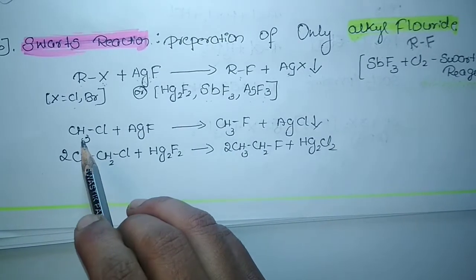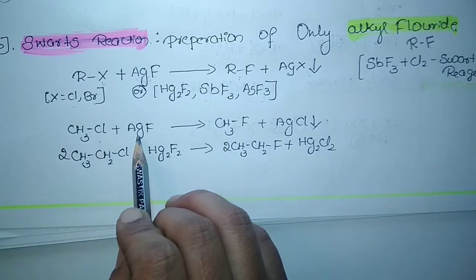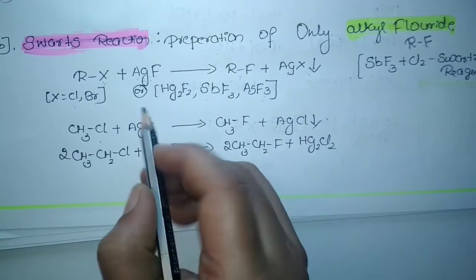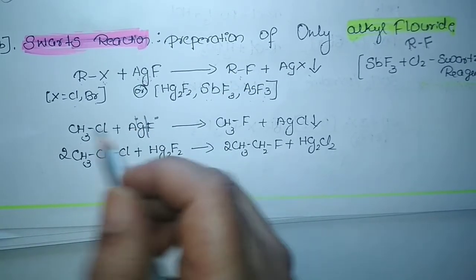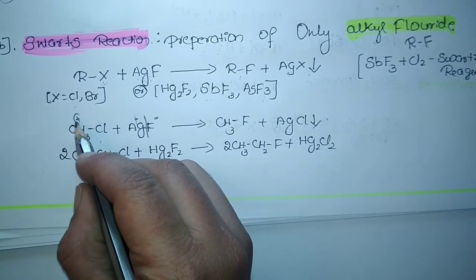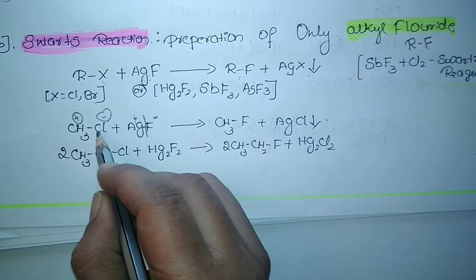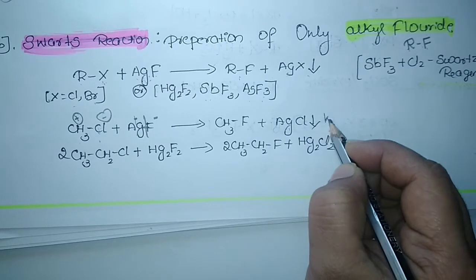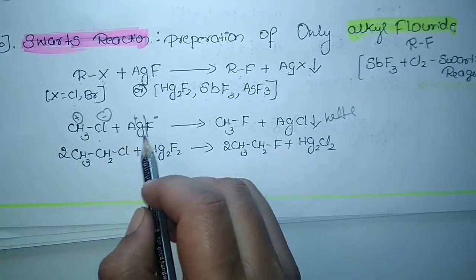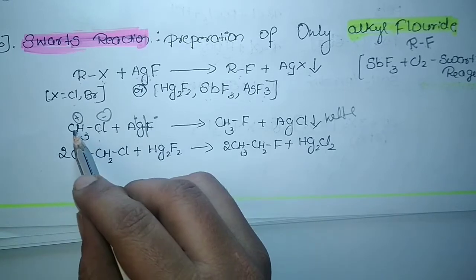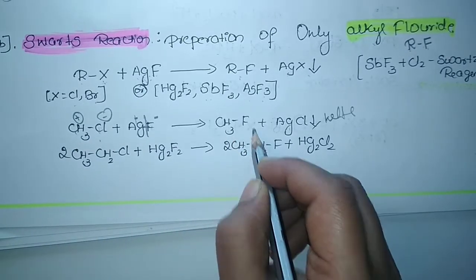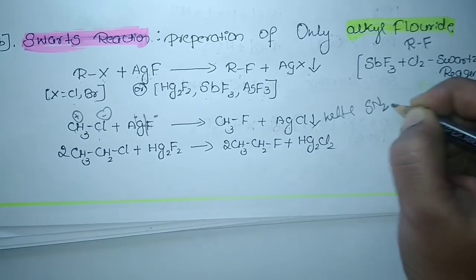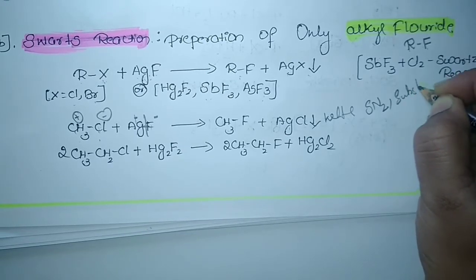If I take a particular example, when methyl chloride is treated with silver fluoride, the metallic bond is broken here, so Ag plus and F minus will be formed. Here CH3 is positive and Cl is negative. So Cl is exchanged and forms a bond with silver, giving silver chloride precipitate, which is a white precipitate. Next, the fluoride will form a bond with the carbon, giving methyl fluoride. This is how the reaction happens. Again it follows the SN2 mechanism, that is, a substitution reaction.